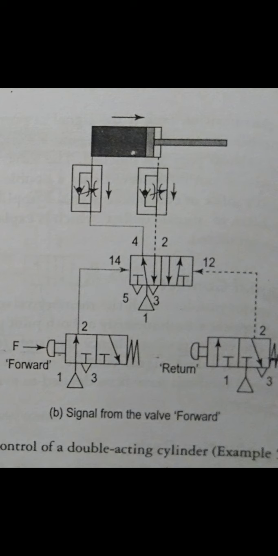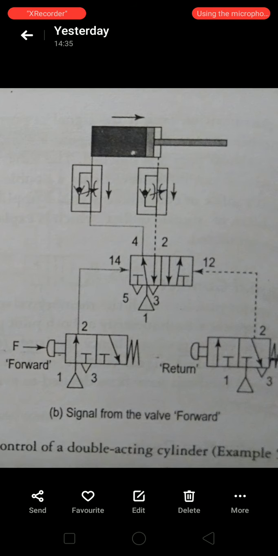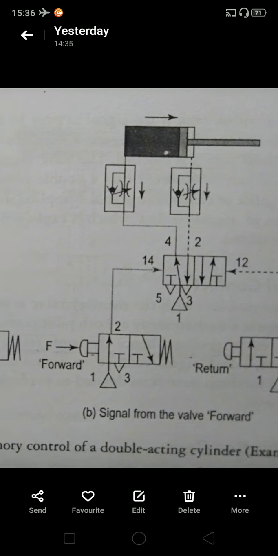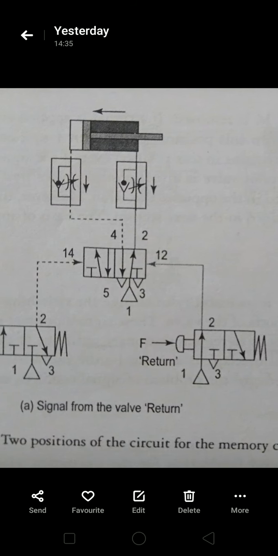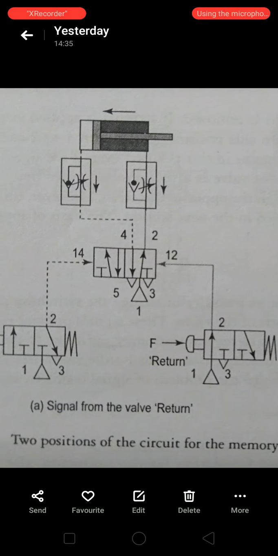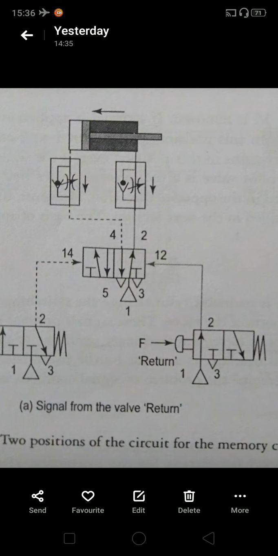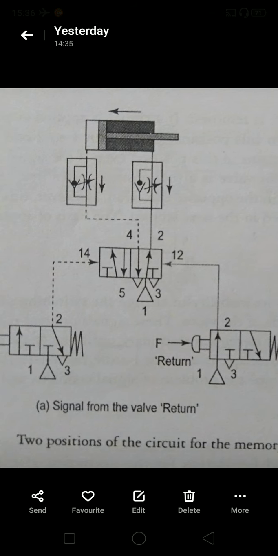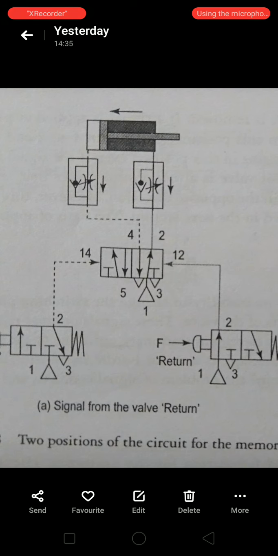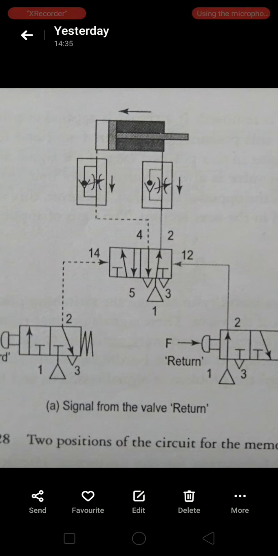and when the 3x2 way valve meant for the return motion is pressed here, the 5x2 way valve switches back to the initial position through the signal applied to its pilot port 12. The piston then returns to its initial position and remains in the rear end position here. So this circuit is called a memory circuit, as the 5x2 way double pilot valve can remember the last